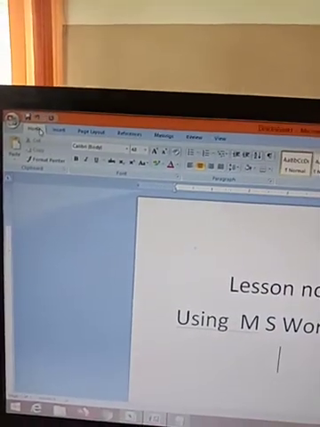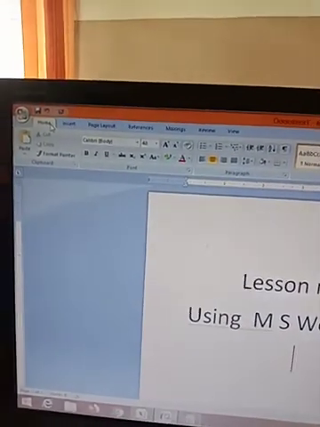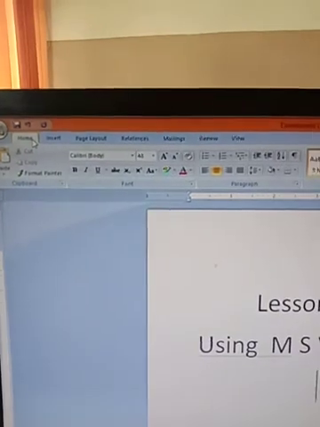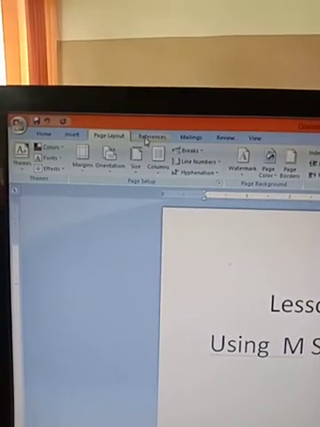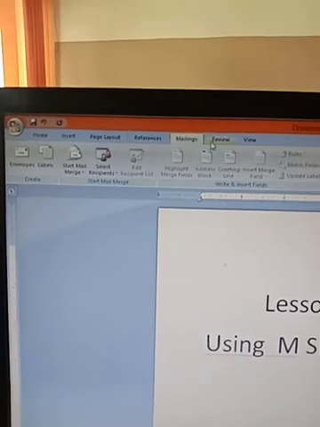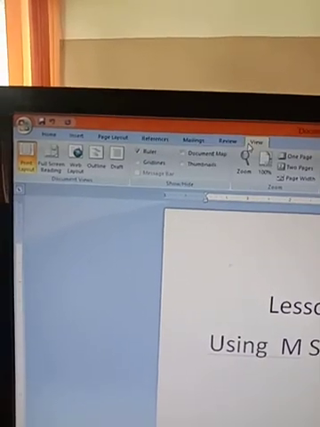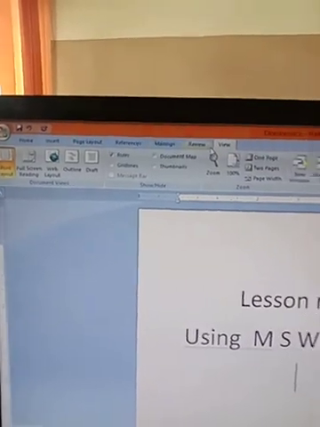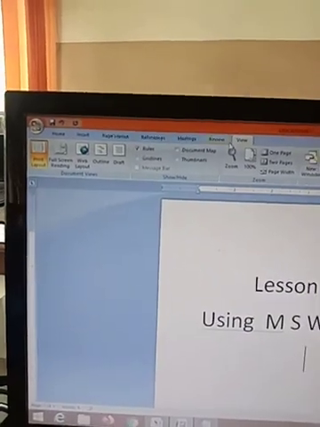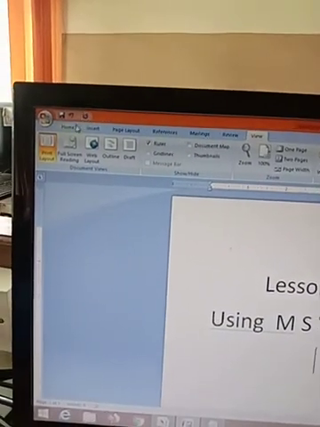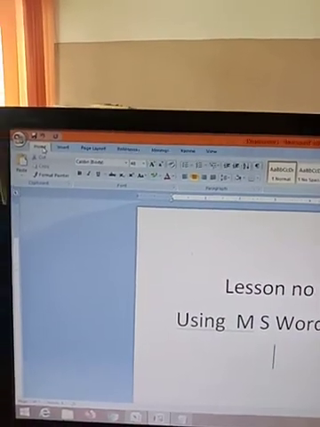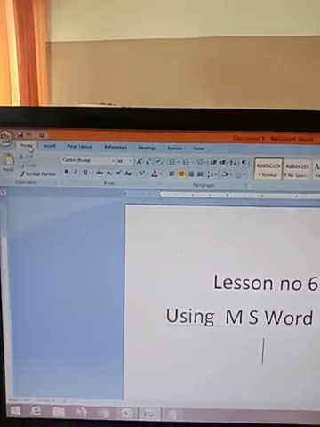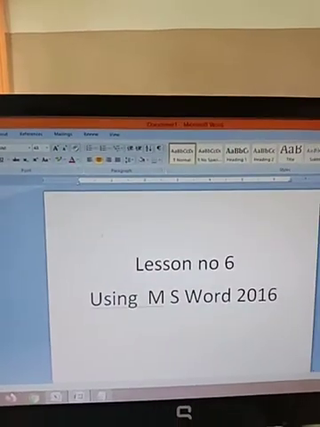After the title bar, there is a menu bar. Can you see these all menus? It was there in the Paint program also, isn't it, children? Home, Insert, Page Layout, References, Mailings, Review and View. So there are 7 menus in the MS Word. Most of the time we will be learning home menu. In your syllabus they have introduced you home menu. Home is all about the formatting text.